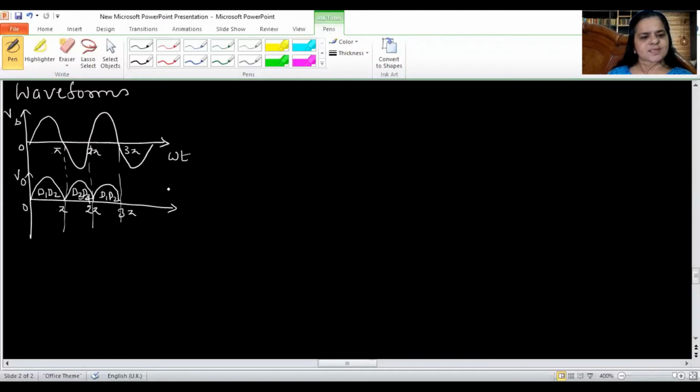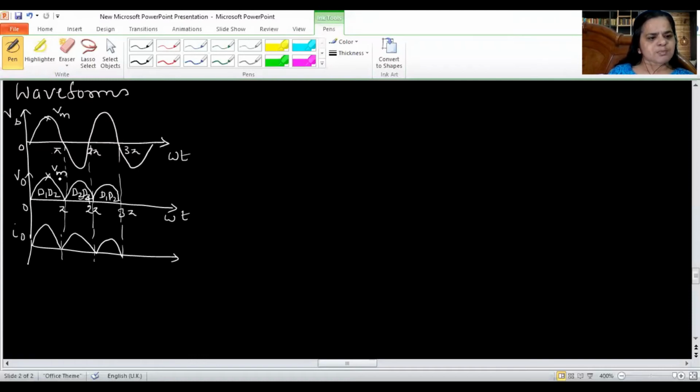Now on the x-axis it is omega t, here also on the x-axis omega t. Now my dear friends, if I plot the load current, if the connected load is resistive, we know that in the case of resistance, voltage and current are both in the same phase. So we will get exactly the similar wave shape. The only difference is if the supply voltage peak is Vm, then the output voltage peak is also Vm, but the load current peak will be Vm by R. So these are the waveforms related to a full wave rectifier.